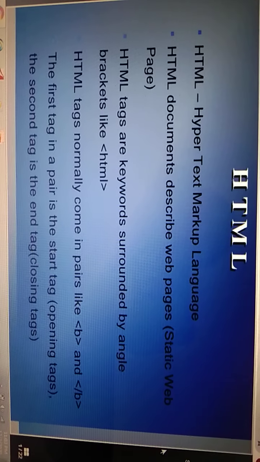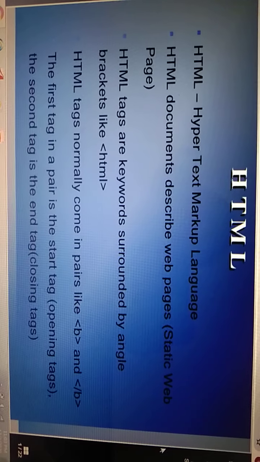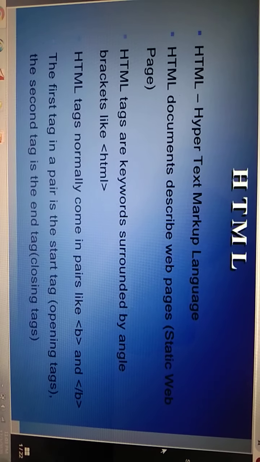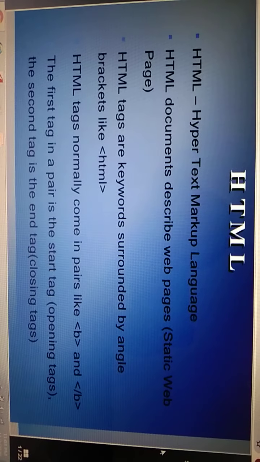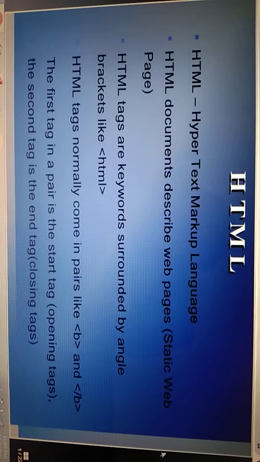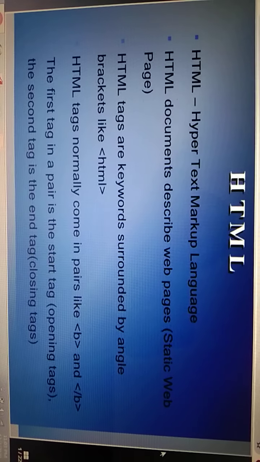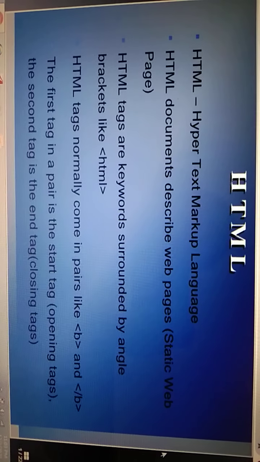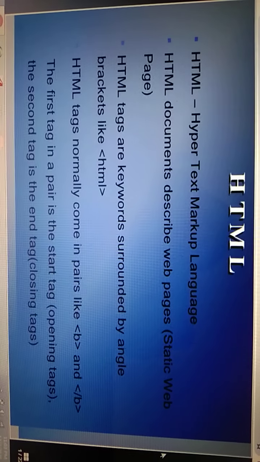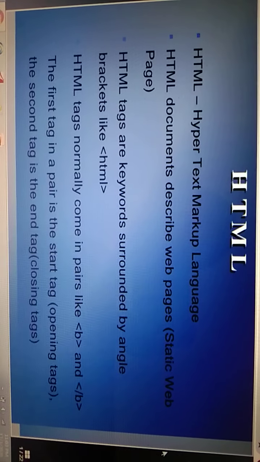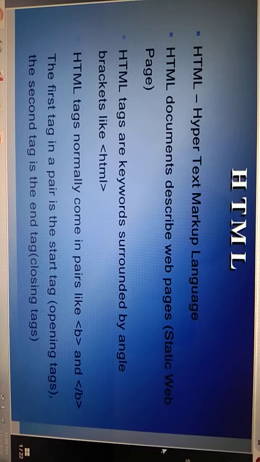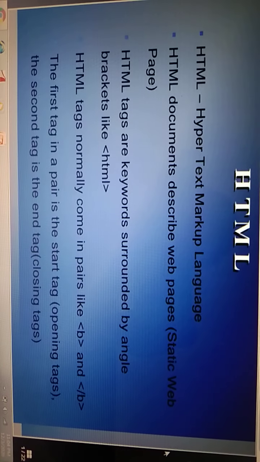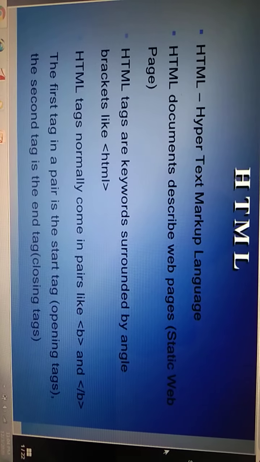HTML always tags with keywords that are surrounded by angle brackets, like you can see here in the slide. Here there is one word written, HTML, but this word is surrounded by angle brackets. HTML tags normally come in pairs, like angle bracket B, then close the angle bracket.